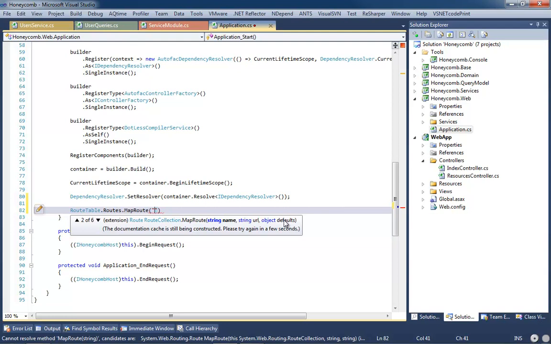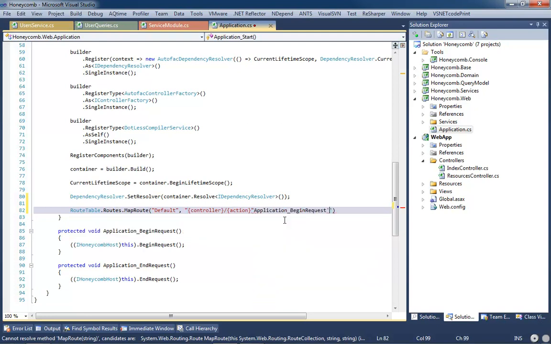So for our first route, there are better ways to handle routes, but for the immediate future, we can just define a catch-all route, which we are going to call default. And what I mean by catch-all is it's going to be controller/action. And actually, we're not going to be using any defaults. I lied. The reason we're not going to be using any defaults is because ASP.NET MVC can now completely identify what it needs to do when it hits a URL. So basically what happens here is that